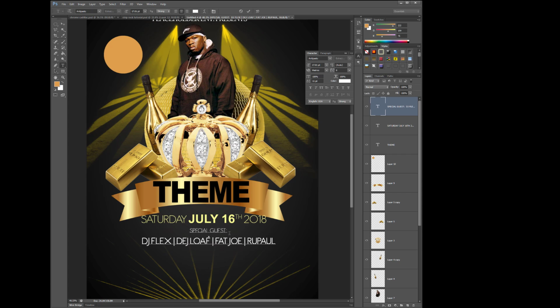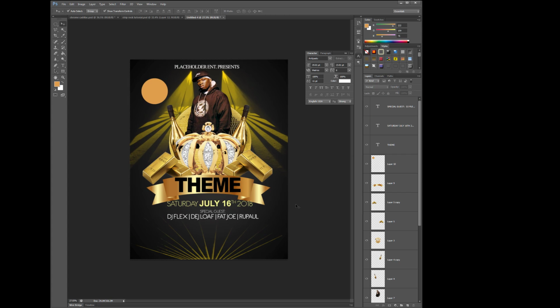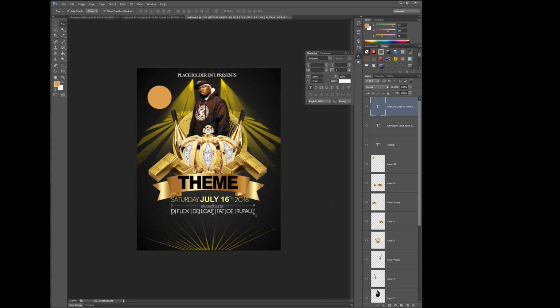Okay, and then we can adjust how far that is from the thing. All right, so the spacing here, and now we can take the whole thing, maybe shrink it. Might be a little too much. Just shrink it just a little. Special guest.